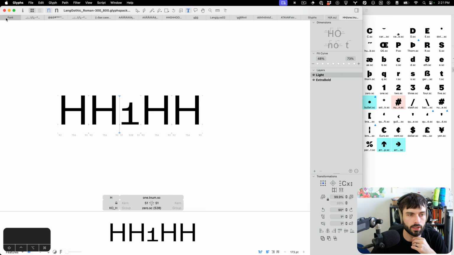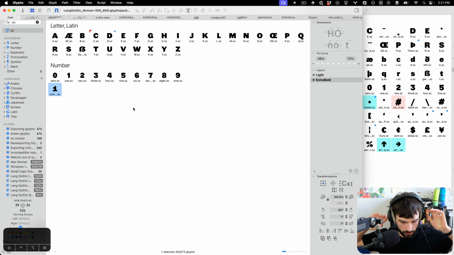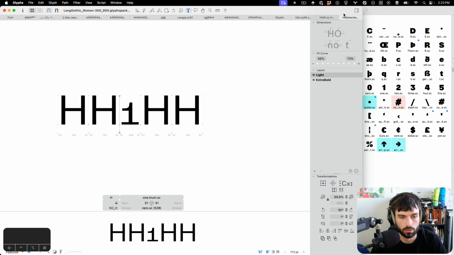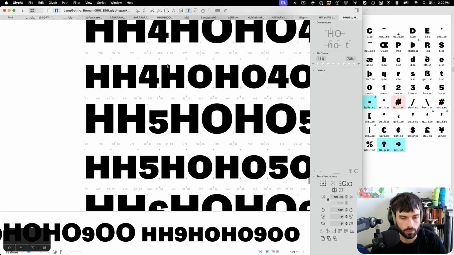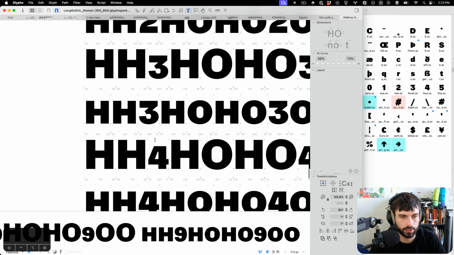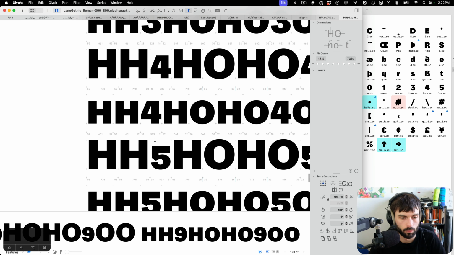And I'll probably adjust that a little bit once I'm writing the feature for this. In fact, I'll probably duplicate all of these except for the one as .tnum.sc to make it really obvious that there's a set of tabular numerals, and then I can go back and change anything if it needs to be changed. And some of these probably need a bit of drawing adjustment. The 5 is the one that